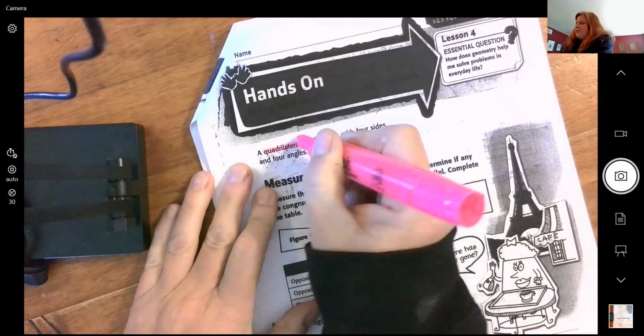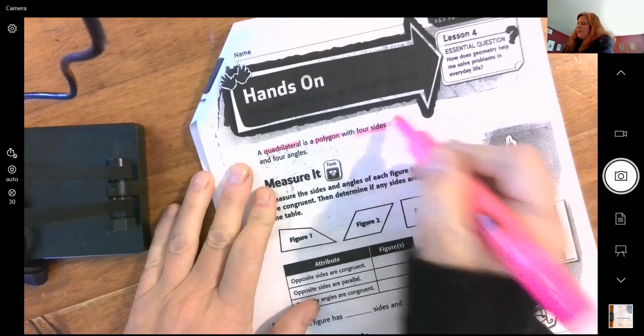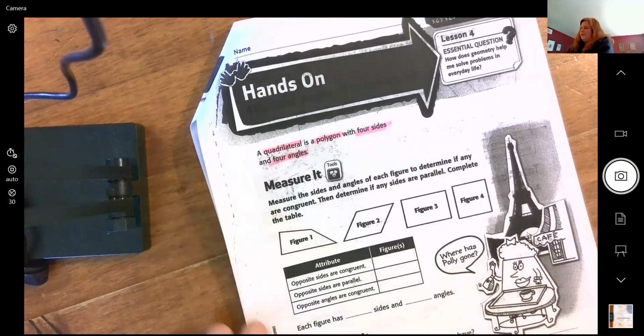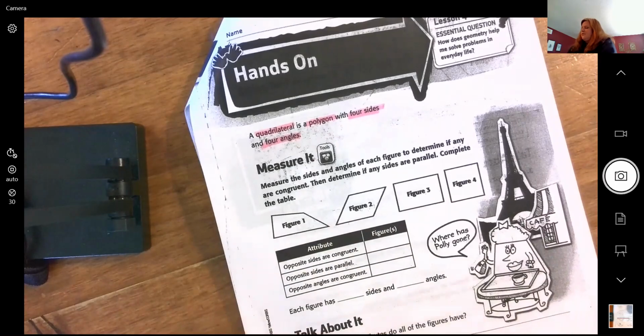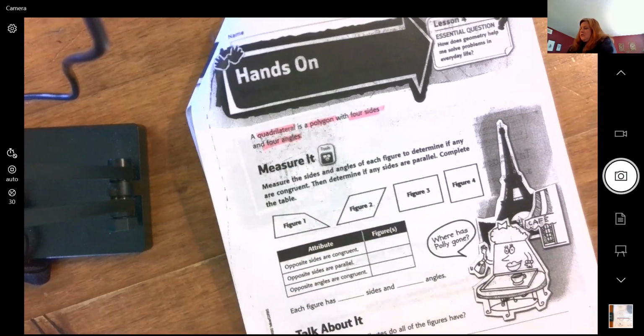So we have quadrilaterals, which are a polygon with 4 sides and 4 angles. And these are all examples of different polygons. So which